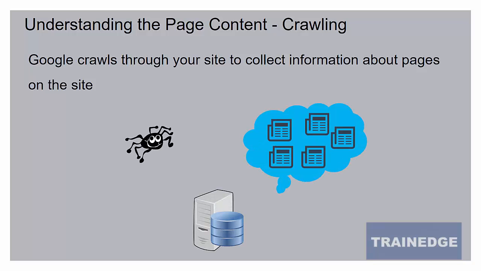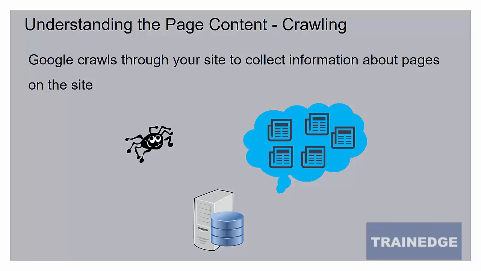Google has specialized software called search bots. Bots are short for robots. So these search bots go from site to site looking for new or updated content to index. They generally land up on the home page, and from the home page they will go to all the different pages. They can also land on any page on the site by following a link to it from another site.